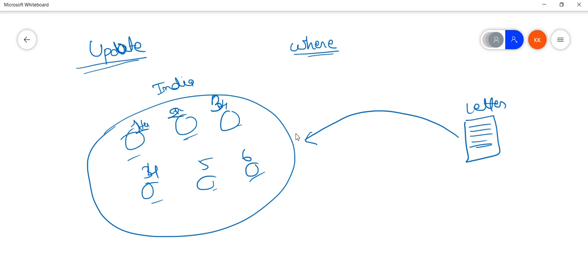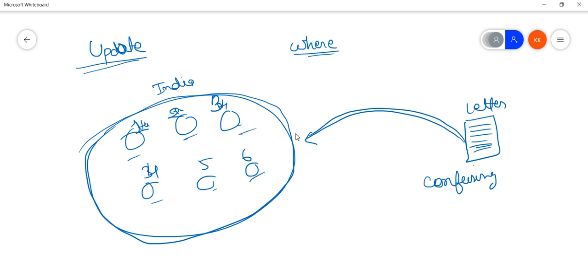So I just give a command to you: go ahead and give this letter to the country called India. It will be confusing for you which house you should dispatch this letter to, right? The command is not clear to you, and you cannot deliver the same letter to each and every one.